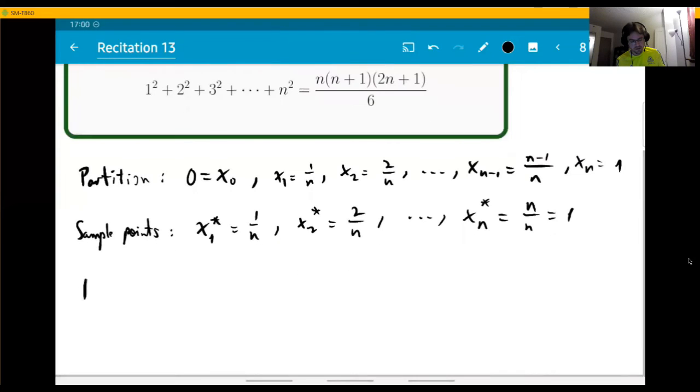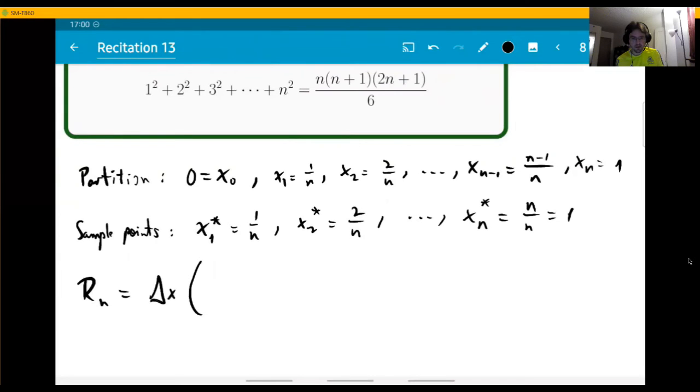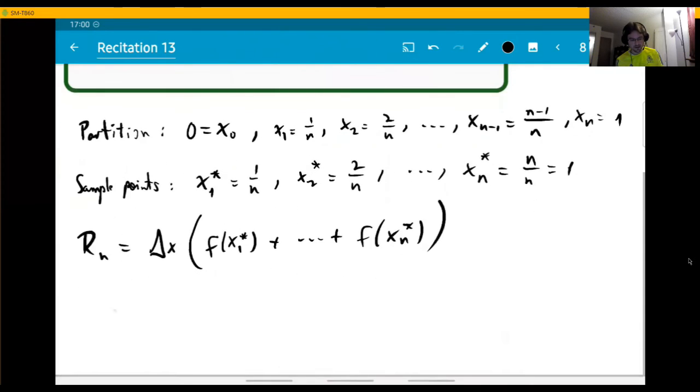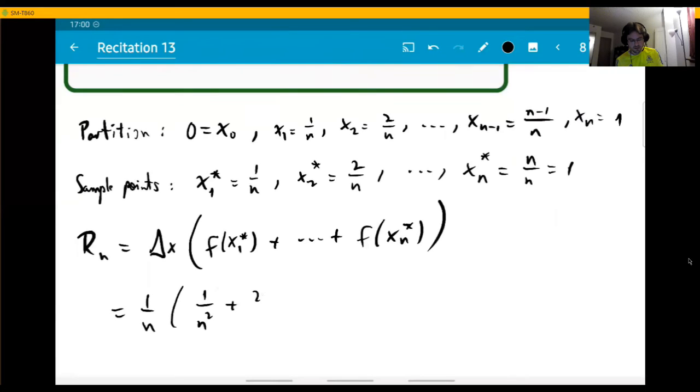So what is the Riemann sum? Once again, the delta x is going to be the same, and it can be factored outside of the sum. What's left inside of the sum is just the sum of the values of the function in each one of the sample points, x1 star through xn star. Delta x is 1 over n, just like before. But this time, the f function is the square function. So when you calculate it on the stars,